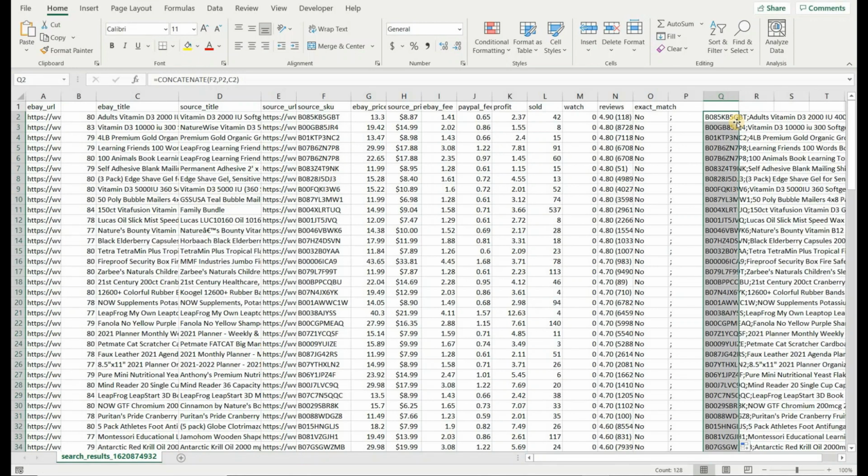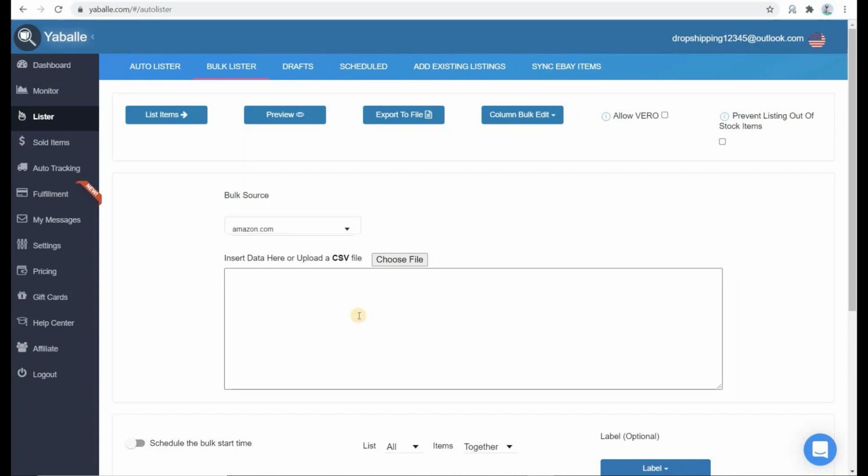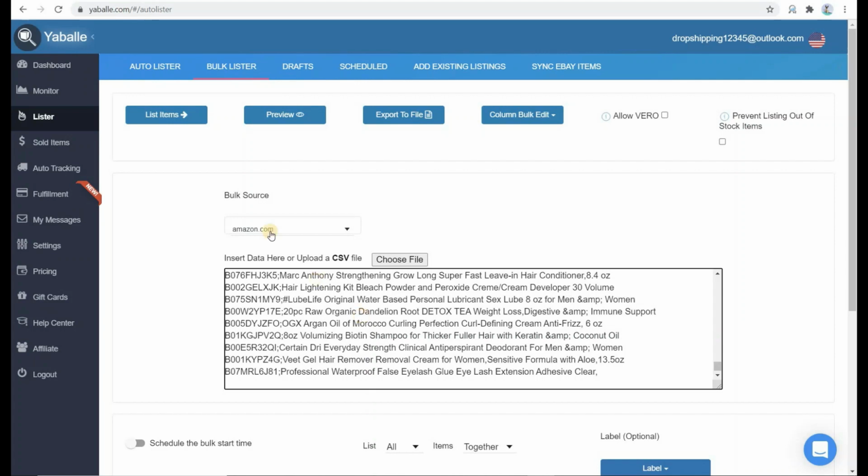Now your list of items is ready to be uploaded to Yably. Copy this list and go to Yably's bulk lister and paste it here. Click on list items and now you're done.